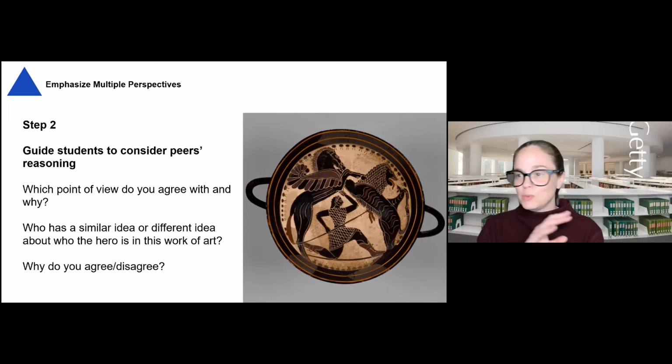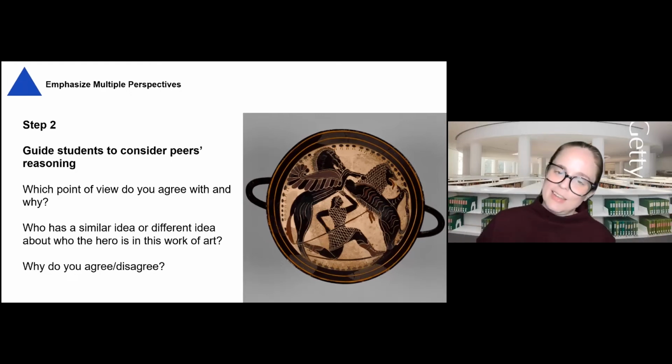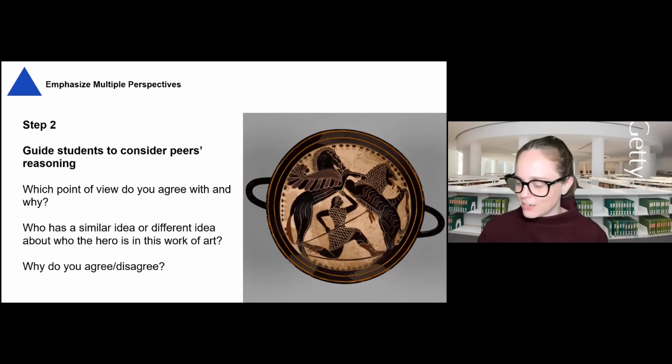So those are some of the ideas that I've heard from students about each one. So once you would get a good list in the graphic organizer or on the board or something like that, it's time to guide students through considering the reasoning of their peers and asking questions about their opinions. So a question like, which point of view do you agree with and why, can be a good jumping off point. And then you could start asking for different or similar opinions and work through their reasoning by asking why. At this stage, it's also important to stay away from language like, do we all agree? Because you'll get a bunch of yeses or a bunch of no's, and that's sort of a discussion stopper, and it kind of causes a bandwagon effect.